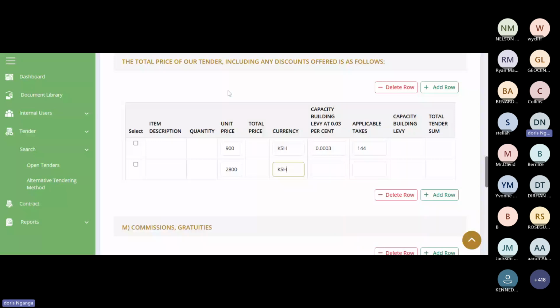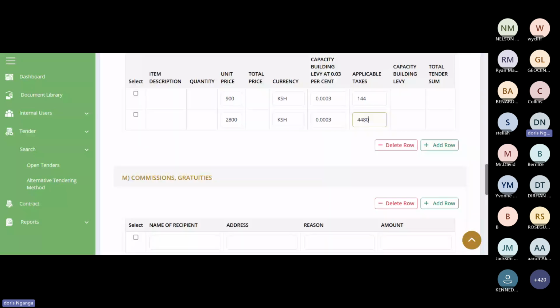I'm going to copy the capacity building levy. And then I do a calculation of 16% for this particular item. So it's 28,000 times 16%. That's giving me 4,480 shillings. So for this part, it's true, but as I said, in the live environment, the item description and the quantity will be displayed.